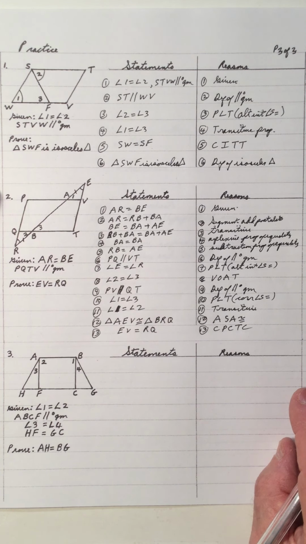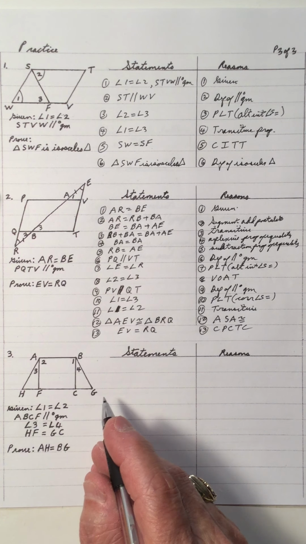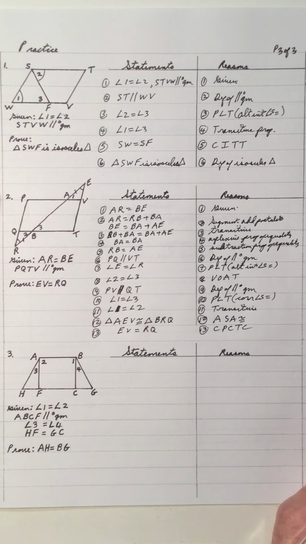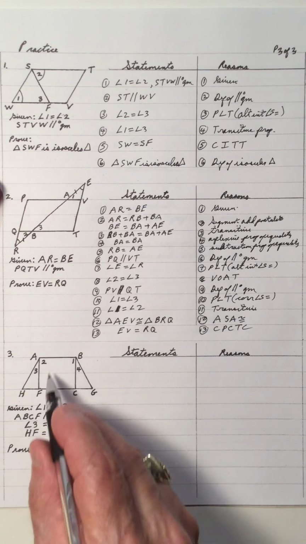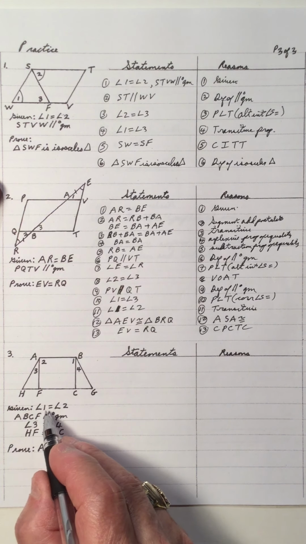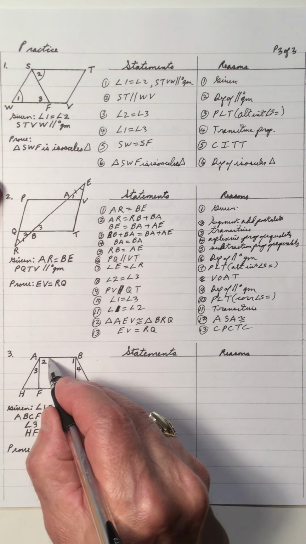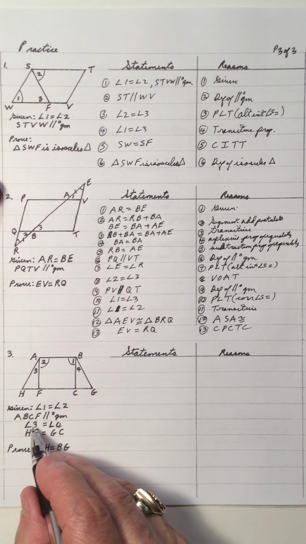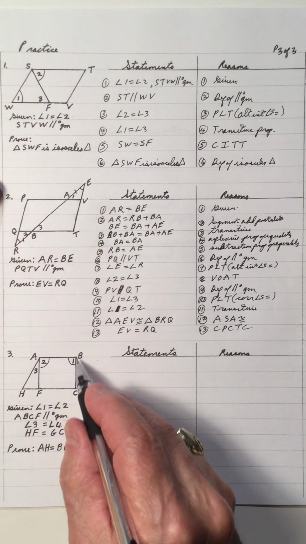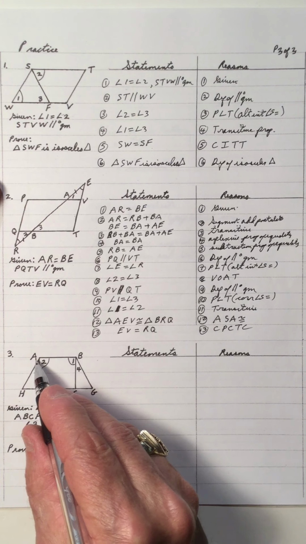And let's do the last one. Again, pause your video and see if you can work these out. The more you can do, the more thinking you can do, the better. And we're given this figure, so see the figure? We're given that angle 1 equals angle 2. We're given that ABCF